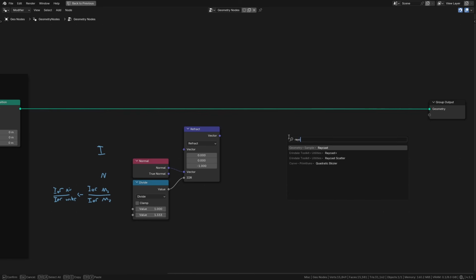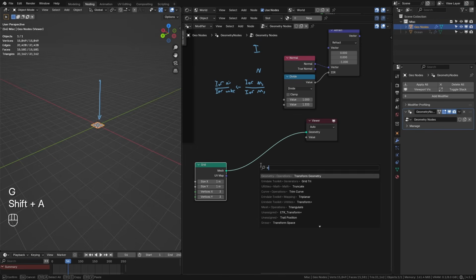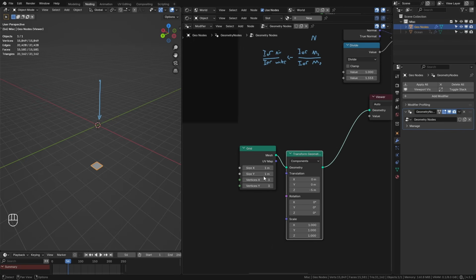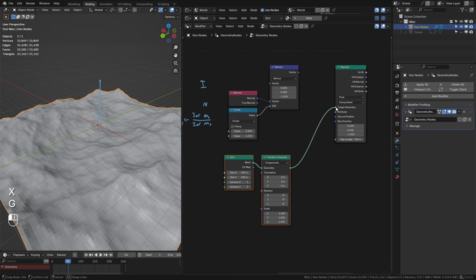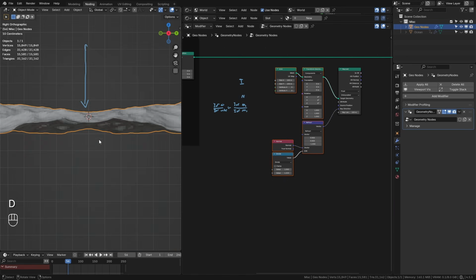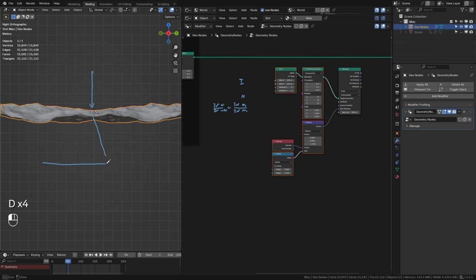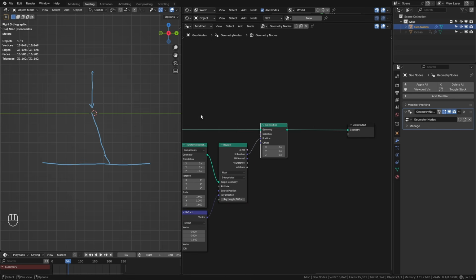If we plug in another raycast with, let's just make a grid. And if I view this, we can see it. We'll make this grid go down on the z-axis by like 5, and we'll just make it like 100 meters big. Doesn't really matter. And then we can plug this transform geometry into the target geometry and this vector into our ray direction. So now what we're doing is we're refracting it. So let's say this ray gets refracted here, and then we're going down until we hit this plane. And once we hit this plane, we're stopping there and saying, okay, that's where our light lands on the floor of the ocean. So if I take another set position, plug this hit position into the position,